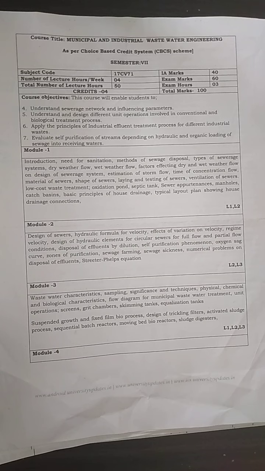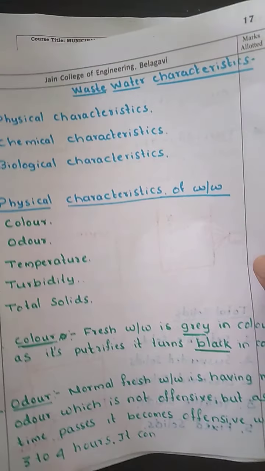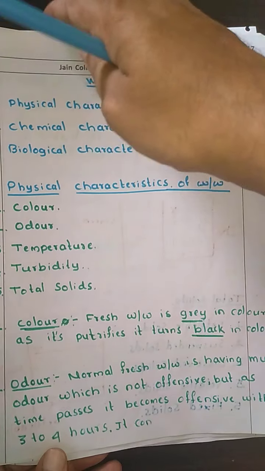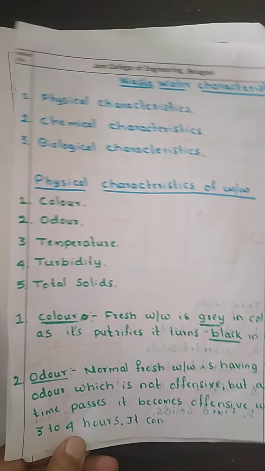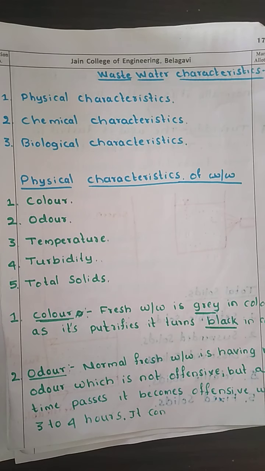So overall in module 3 we will be discussing the different wastewater characteristics, and we will be discussing in detail the unit flow diagram or the units which are used in the wastewater treatment plant. Okay, so in detail we are going to study all these things in module 3. Now the first topic of module 3 is